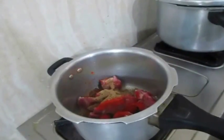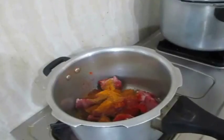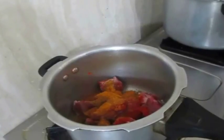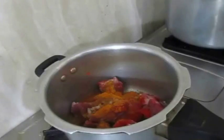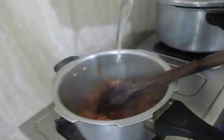First of all, in a pressure cooker I've added about 2 tablespoons of oil. To the oil I've added about 250 grams of boneless mutton, and to the mutton I've added chili powder, coriander powder, turmeric powder and garam masala along with salt, and I'm just going to fry it on a very low flame. The mutton will obviously release some juice, and once